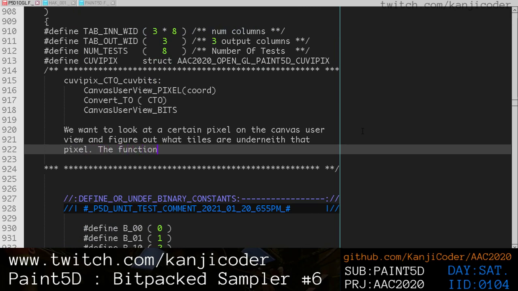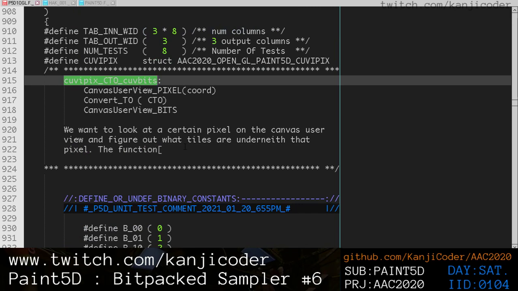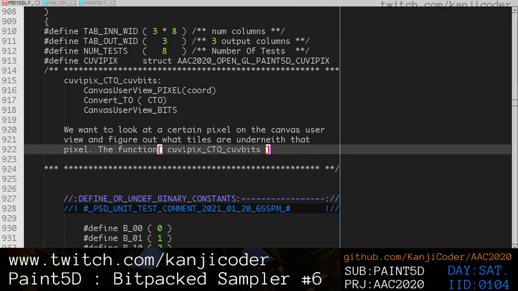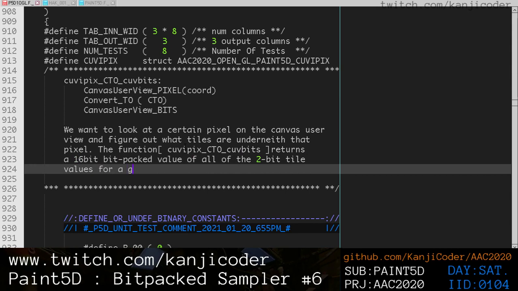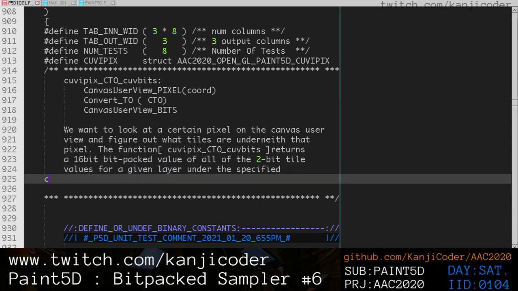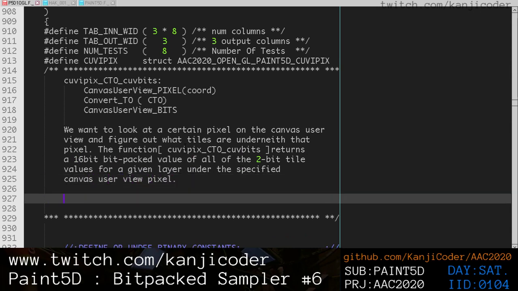The function returns a 16-bit bitpacked value of all of the 2-bit tile values for a given layer under the specified canvas user view pixel. If we want to get pedantic,